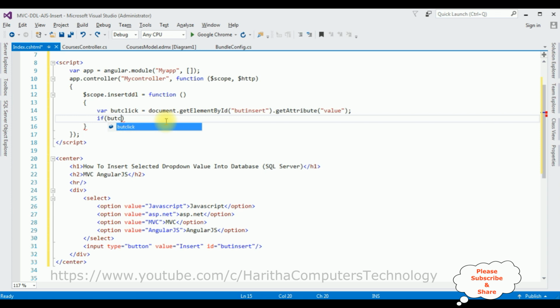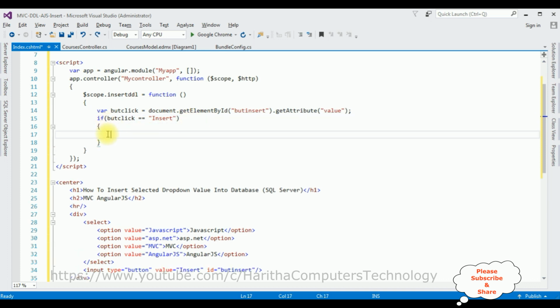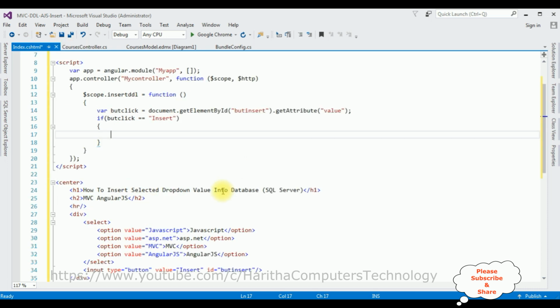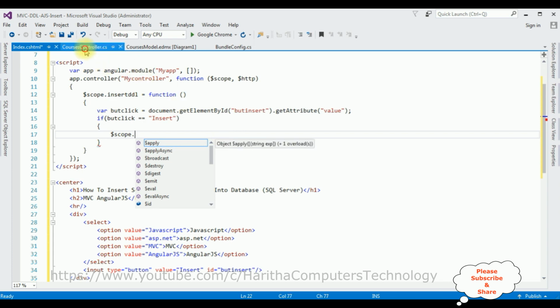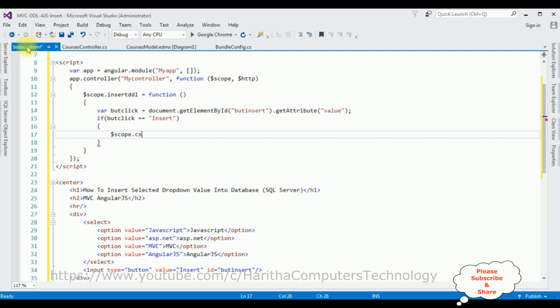If but click the variable is equals to, here the get attribute value is the button click insert. The value of the button click is the insert. Let's add that one. Insert curly braces. Now in this if condition, when a user click the button control, I want to execute this function. So let's add $scope dot the function object is CS. Let's add that one is equals to between curly braces